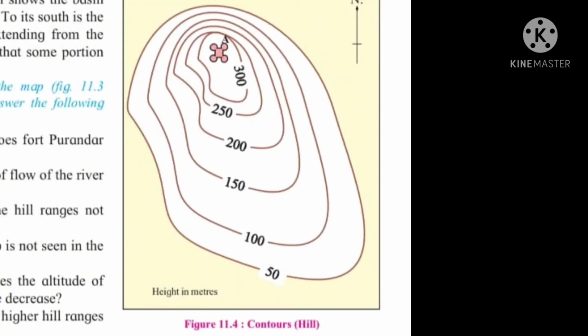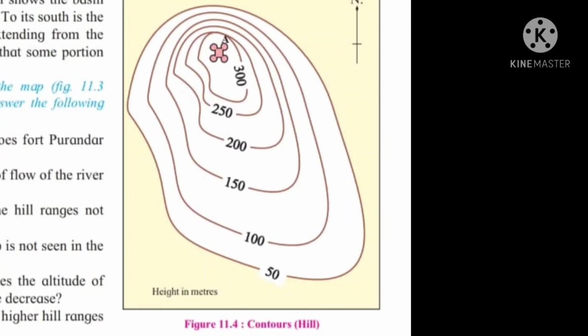In this next activity, children, let us consider that you have gone for a mountaineering trek and you have to conquer a peak on a hill A. A map of this hill is given in this diagram. Studying the contour lines in the map, find the side from which you will reach the peak safely and easily and mark your path on the map with a pencil. Now, children, to climb up this mountain, which direction will you select?